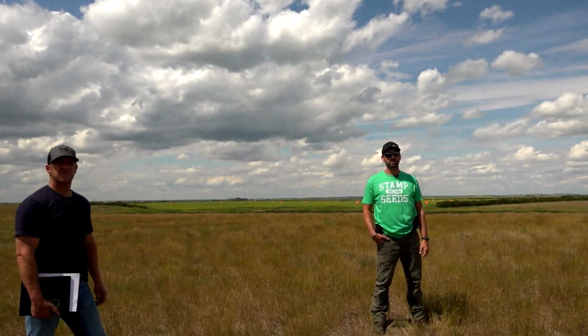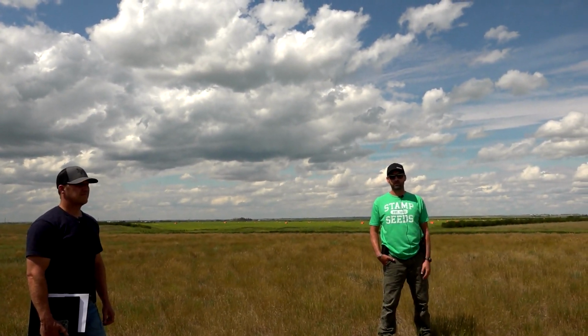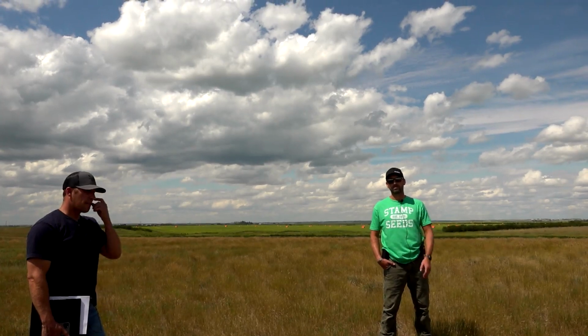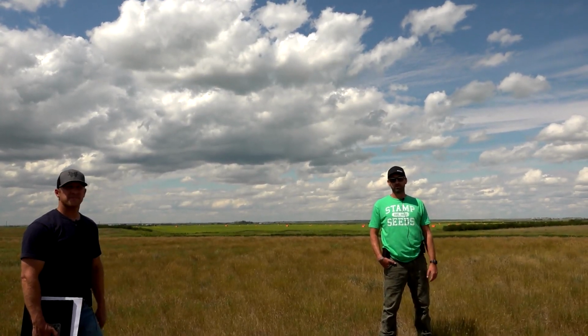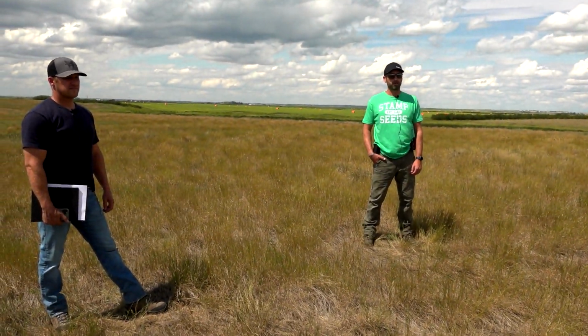On this quarter, we had some flea beetles, and it was only on the males because the seed company used 2 different seed treatments, and the one worked on the males and the females didn't. So we had to come back and do one application early on the seed canola. But other than that,